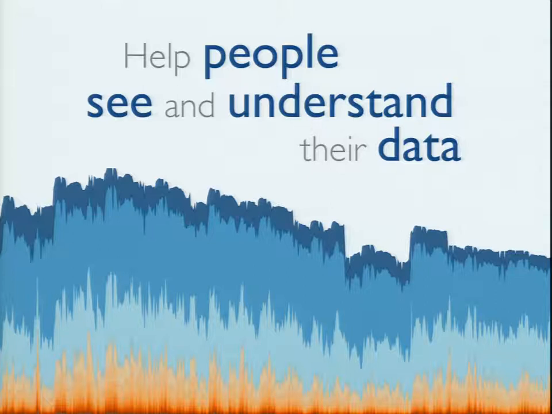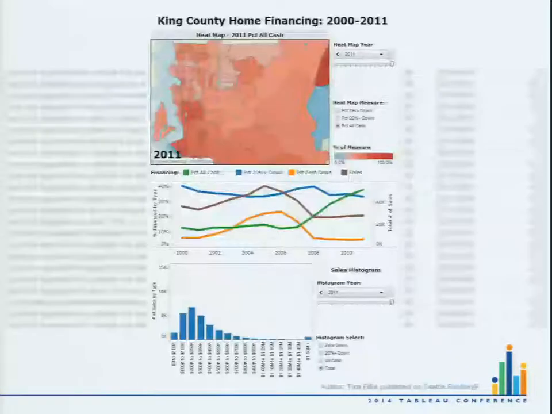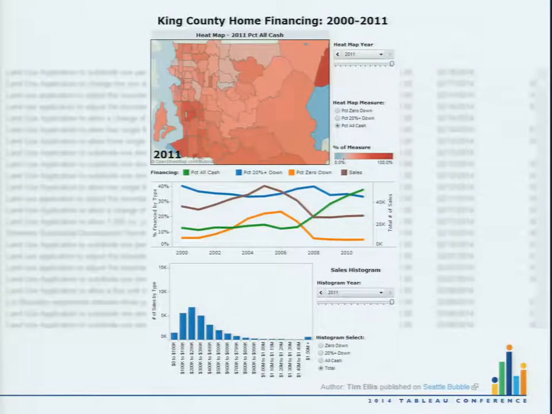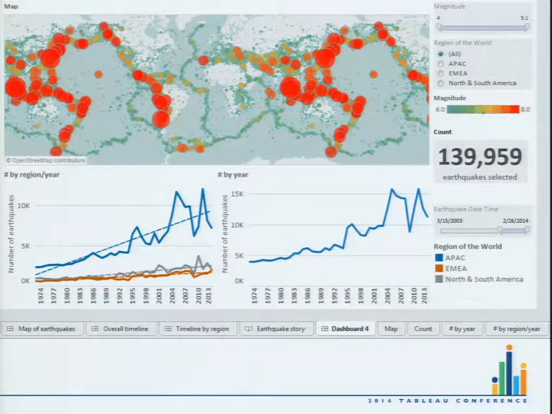As you know, seeing a picture of something really helps you understand it a lot better than something like this, which when you turn it to something like that, there's your picture, published by Tim Ellis on Tableau Public, or this, the map of earthquake data that we've been seeing a lot through the last couple of days. So we also know that even though this makes your data a lot easier to understand, it could be even